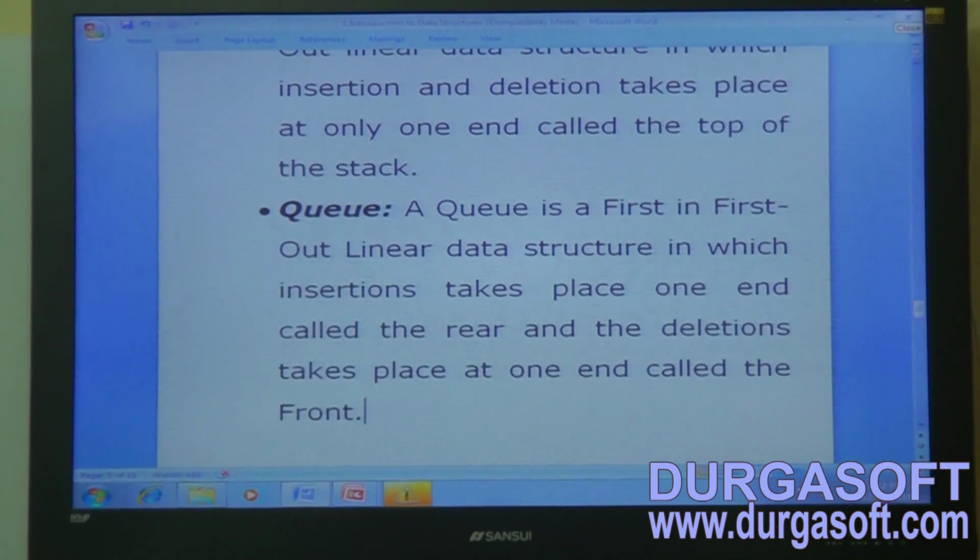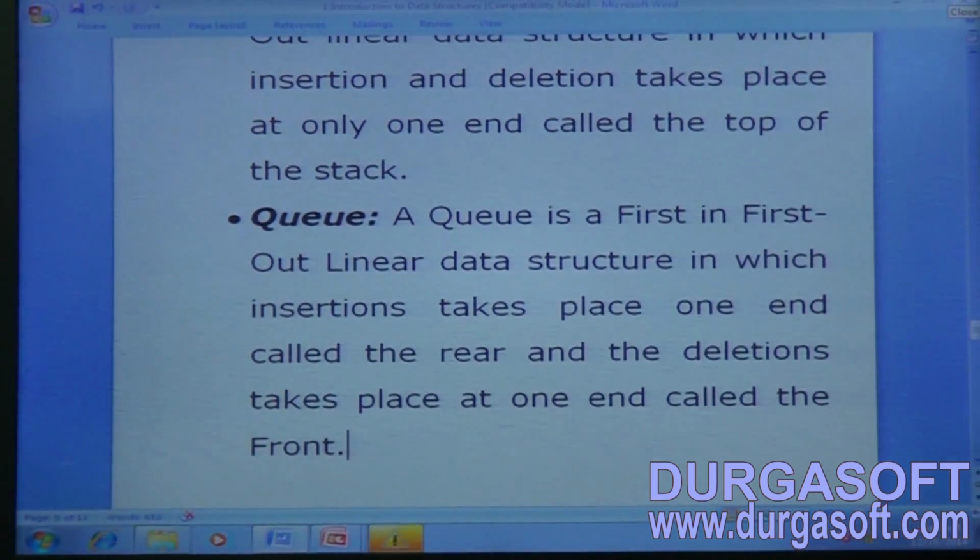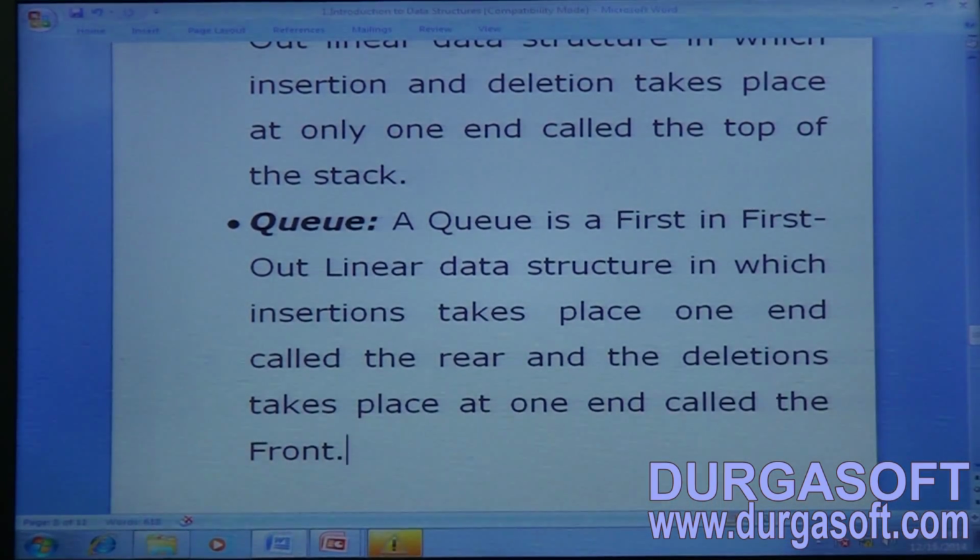A queue is a first in first out linear data structure in which